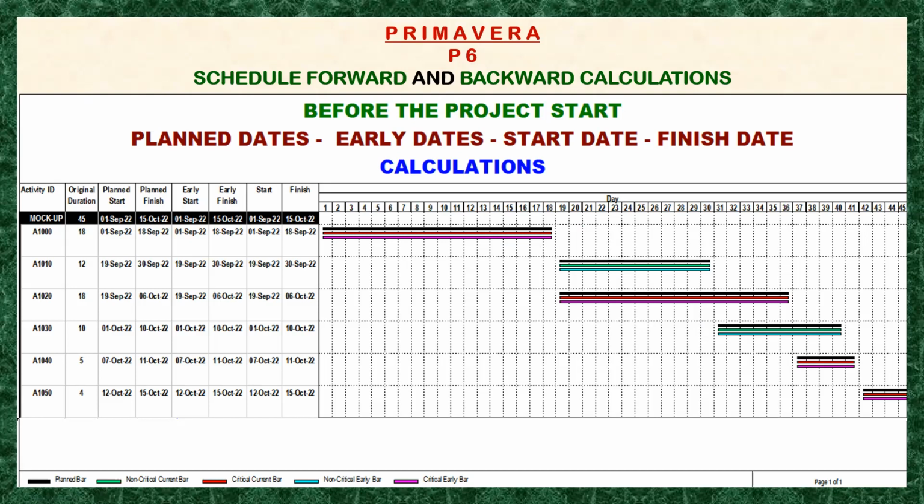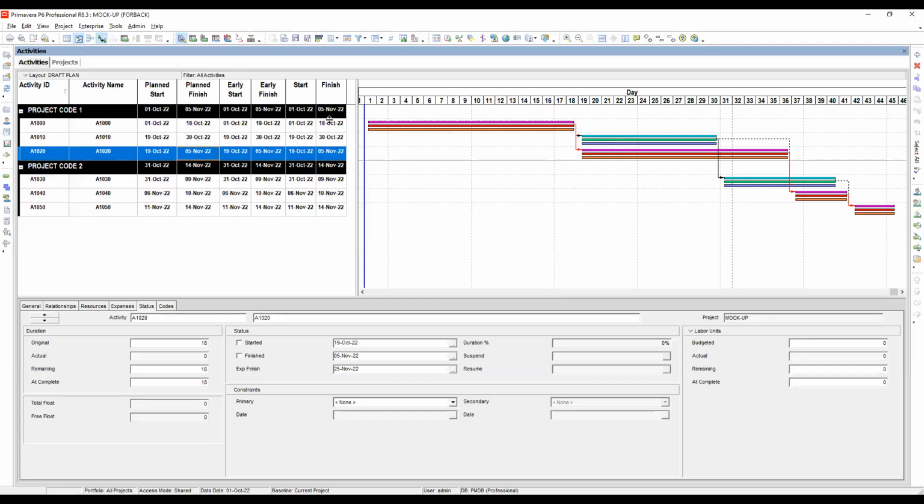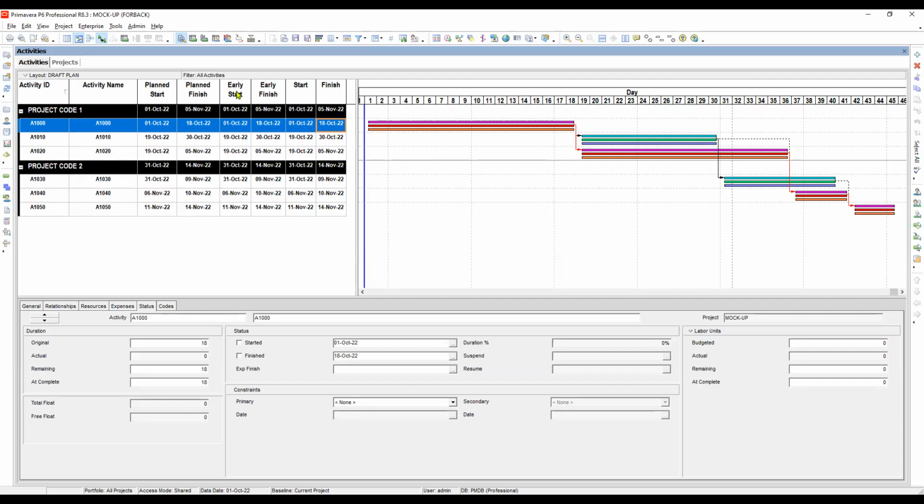Now by showing the early dates only, which is the early start and the early finish, we can say that this is considered as the forward calculation of the schedule, where the calculation is done from the project start forward to the project completion. Okay, if we look at this one, we will be showing only the early start and early finish, because this is really where the calculation starts, on the forward calculation of the schedule. So we will save this as